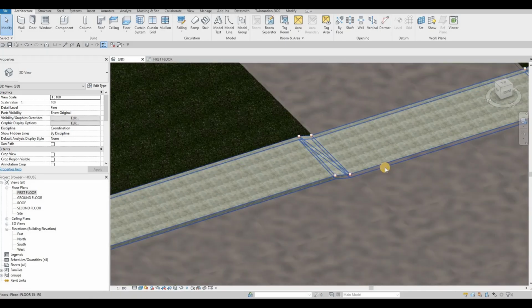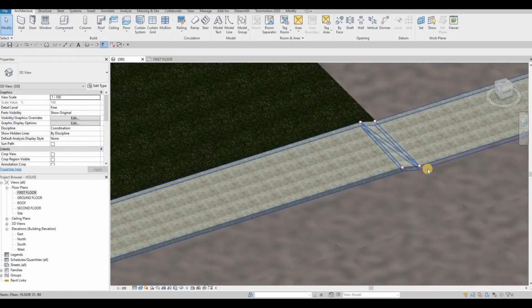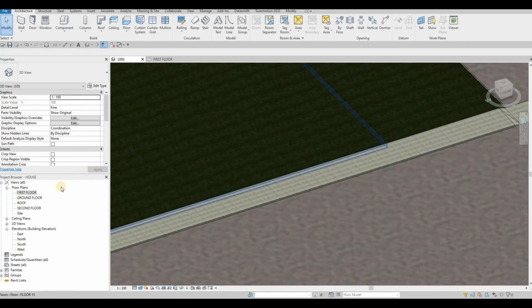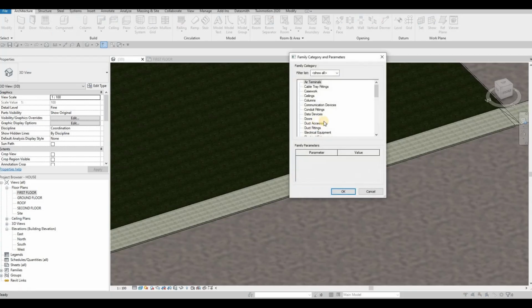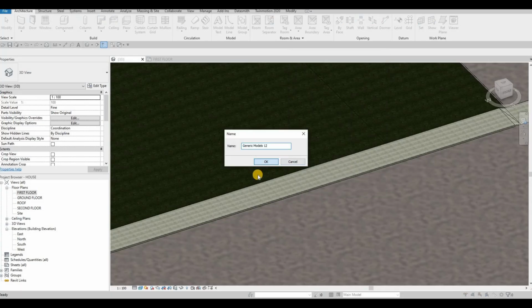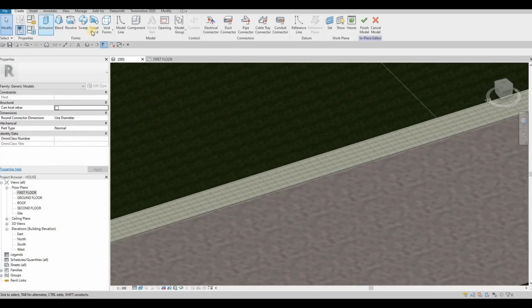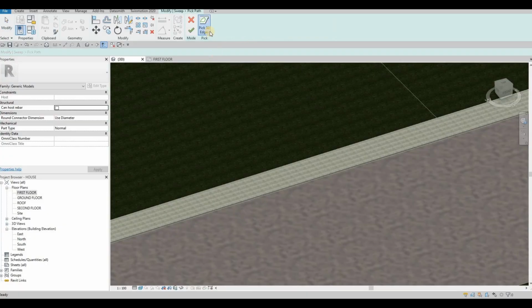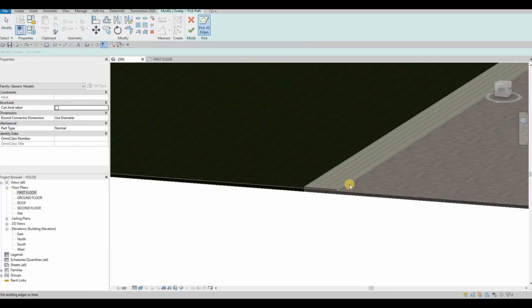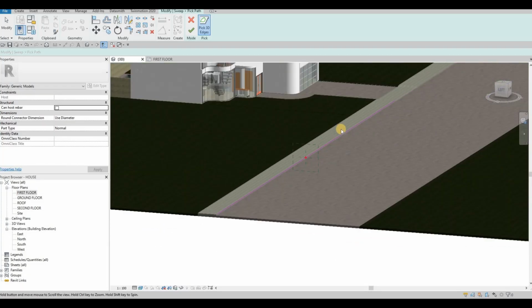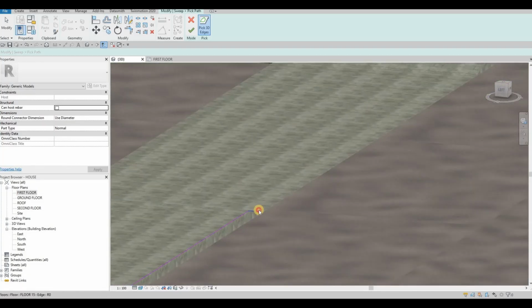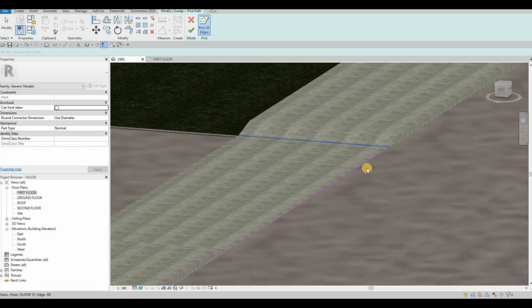And then now I want to add in a more detailed part here. So what I'm gonna do is I'm gonna use model in place now for this part. This will be generic model, and press OK. We're gonna use sweep, pick path, and then pick 3D edges. So here we're gonna choose this one, and then here going down,